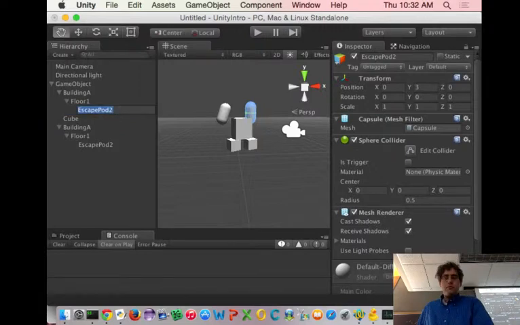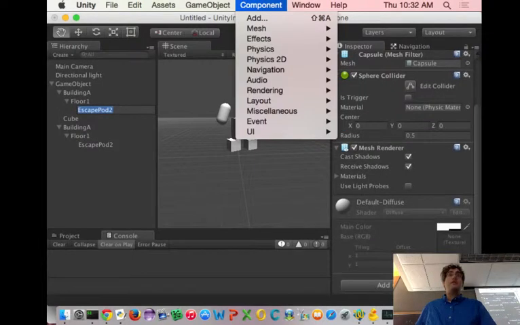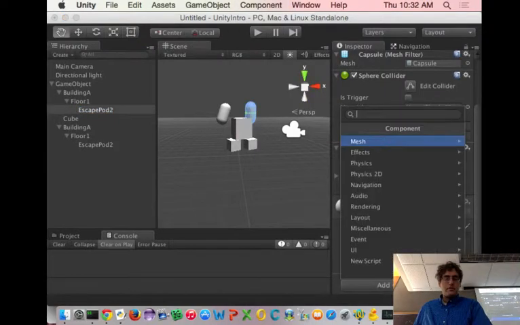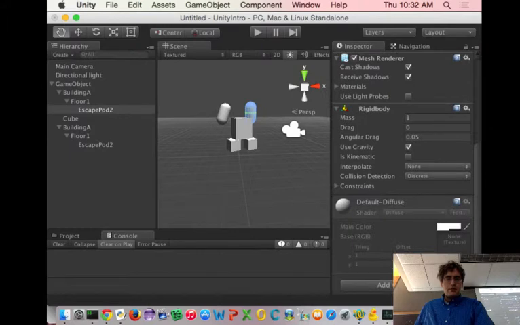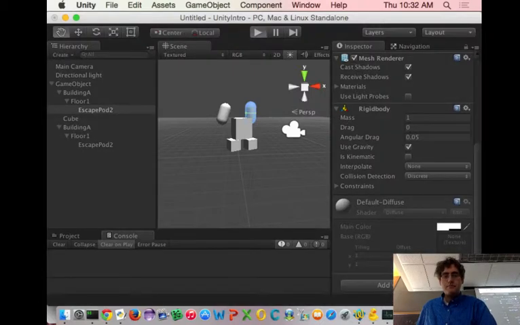I click on one of these pieces, and I want to either come up here and say component add, or I could do it with this button, add component. Either one will get you adding things. So let's add a component of physics. I will be adding a rigid body, which says this Escape Pod 2 that I have back here, which is really an arm in my robot, will now react to the physics engine. And when I play it,